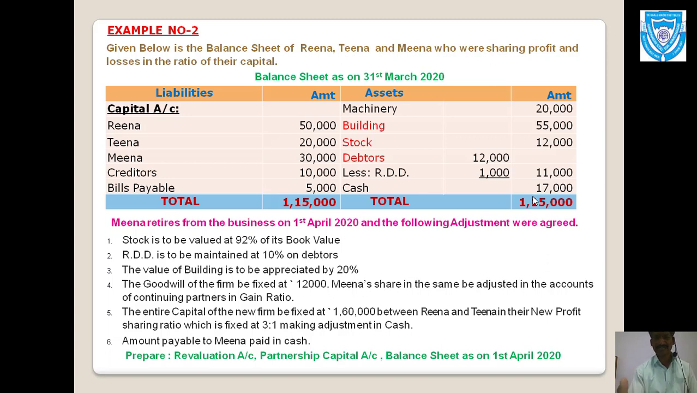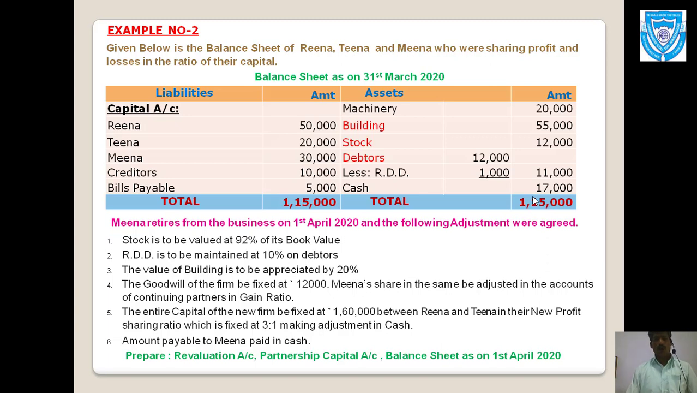You can see building, stock, debtors. All these three are red marked, so that we can come to know that these heads are having adjustments. So machinery will directly go to asset side. After that,